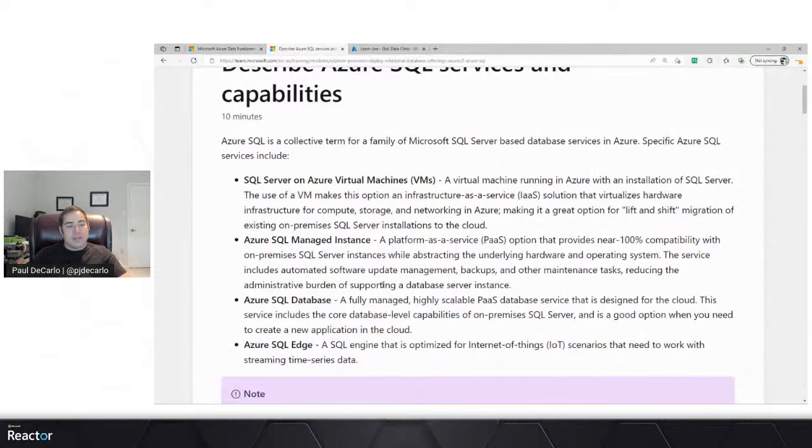And these include the ability to run SQL Server on a VM. So if you've ever used a virtual machine, this would be your IaaS or infrastructure as a service mechanism, allowing you to deploy an instance of essentially a computer in the cloud that you would install SQL Server on. Hopefully that makes a lot of sense in how that's accomplished, and is a great way to lift and shift if you're migrating an on-premise SQL solution to the cloud.